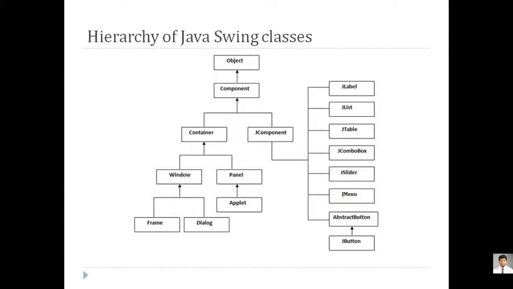We have also seen the hierarchy where all these components reside. The class which has been extended from Component is JComponent, and we have a lot of classes present in that package of JComponent. So just like AWT, we can execute Swing components in a window, in a panel, in a frame, and in an applet also. We have the same platform of execution, that either we can execute Swing components on a window or on panels.